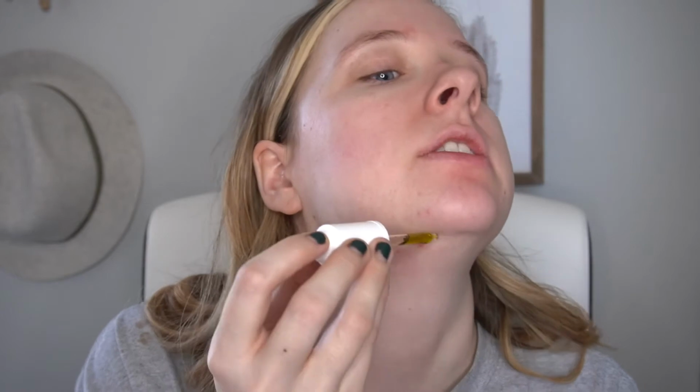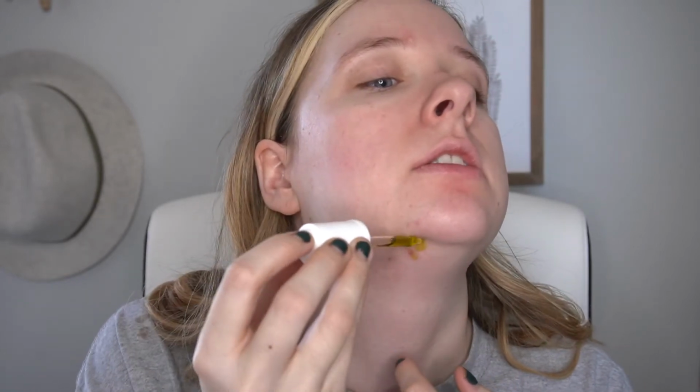So I like to start with the Kiehl's Cannabis Sativa Seed Oil Herbal Concentrate for blemish prone skin. I don't have necessarily like blemish prone skin, like I'm not as acne prone as I used to be. However, I use this almost like a spot treatment. So like I have a pimple right under my chin and it's starting to go away because of this stuff. It's so good, and I can feel a pimple coming right here. I literally just put it in the spots that I have pimples,